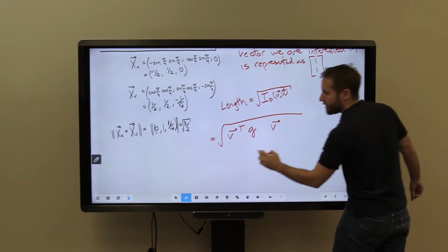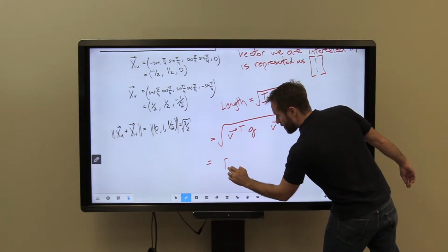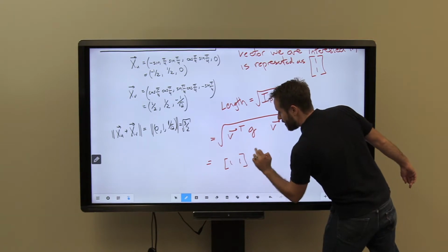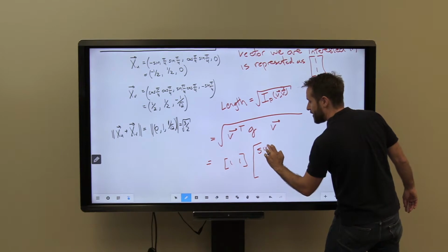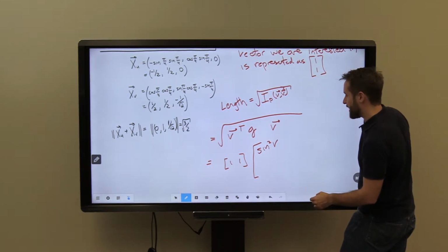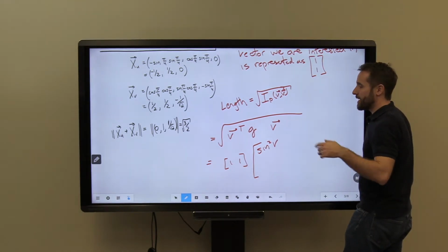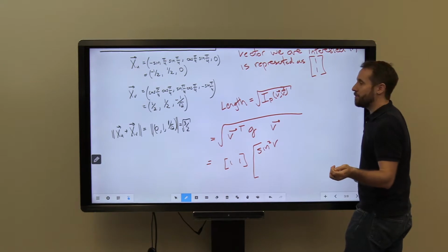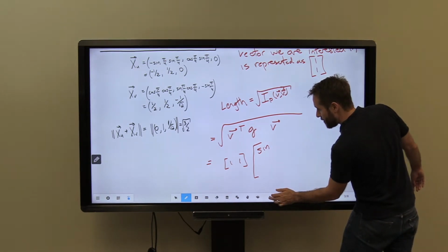And so we can really denote that as the vector 1, 1, the matrix G that we computed before, so that was sine squared of v, which we could actually simplify, right? v is pi over 4, so sine squared of v would be the square of root 2 over 2, and so this is really just